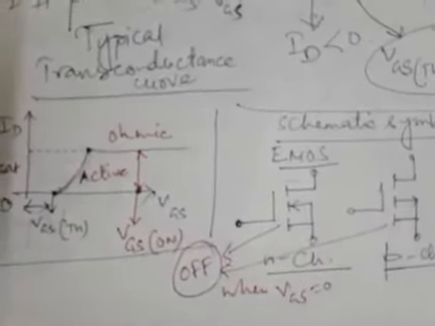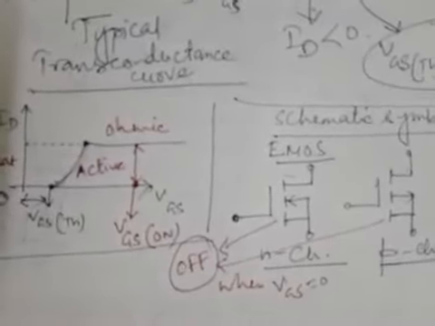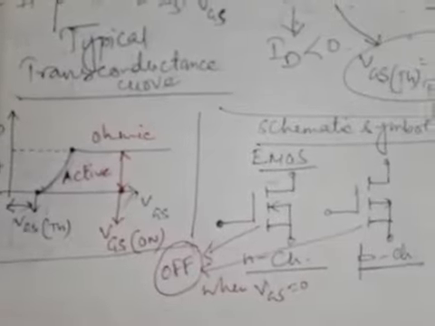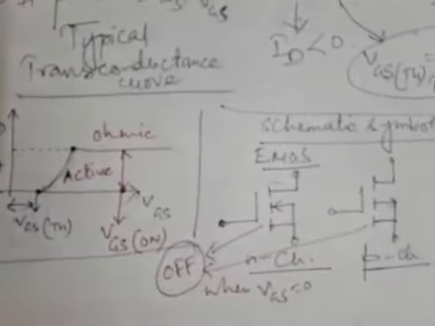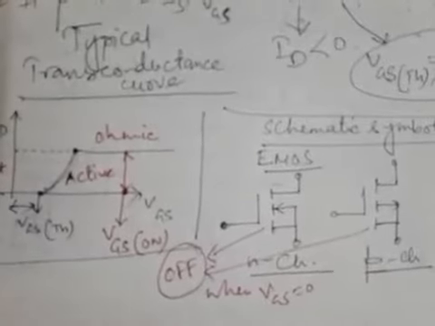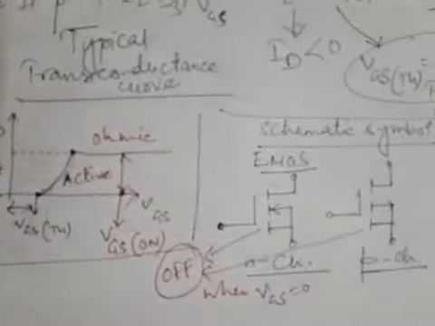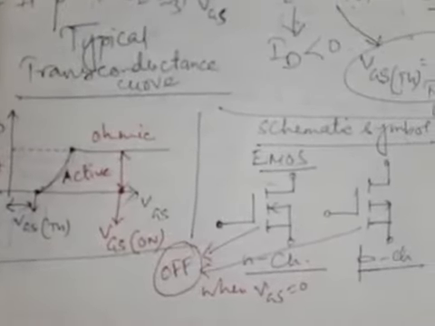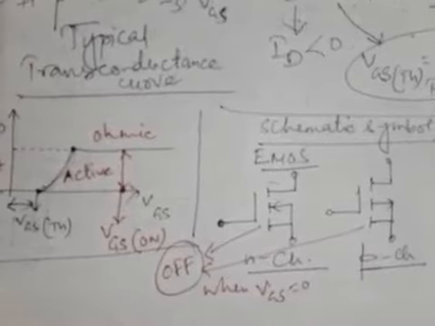The arrow points to this inversion layer, the creation of this inversion layer to which the arrow points. That means this is the arrow, a particular arrow. It points to that inversion layer, which acts like an N channel when the device is conducting, or whatever it may be, P channel for a P channel MOSFET.